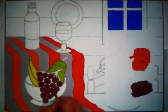Alright, now I'm struggling with the end of the brush here. Sometimes when you paint a lot, you end up wearing a brush out. Most people don't think